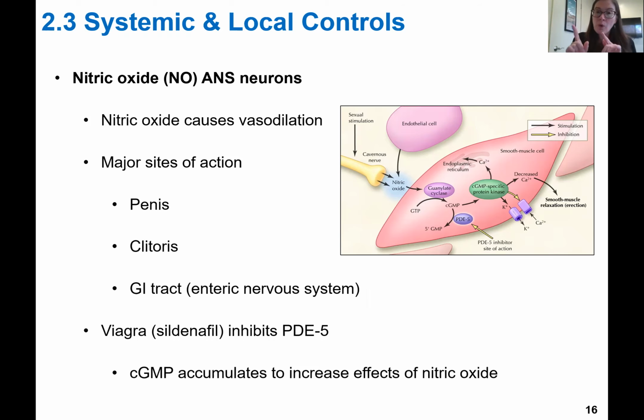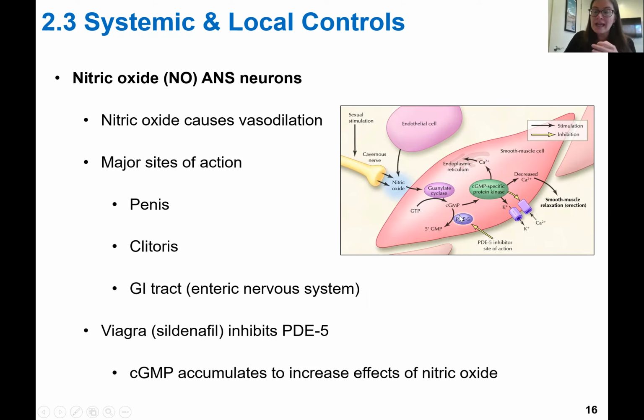So what Viagra does: for folks that have trouble getting erections, and it should only be used by folks that have trouble getting erections, by the way. Some people get into this enhancement thing and think that it's a good idea. It's not, because you can really damage your penis. For folks who have trouble getting and maintaining erections, and it's usually folks who are older, because body function changes as you get older,